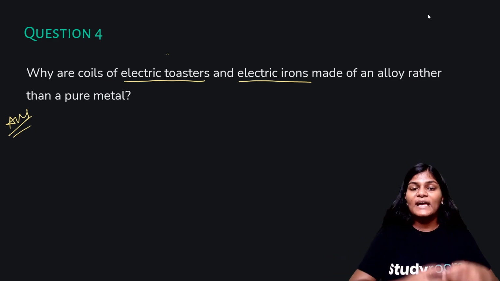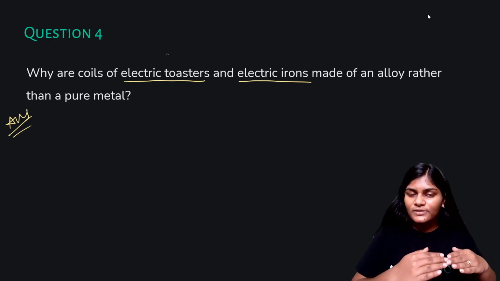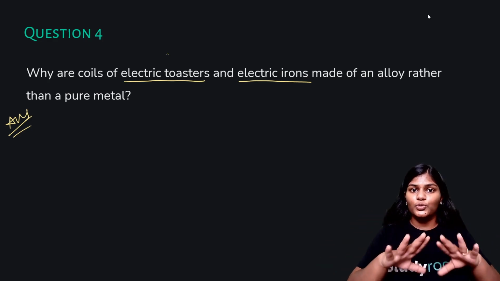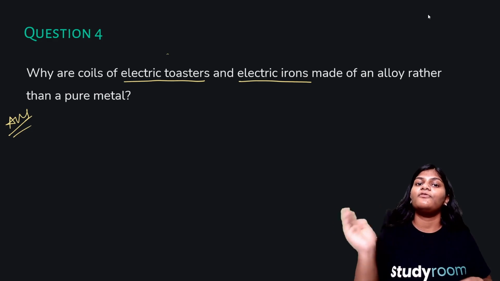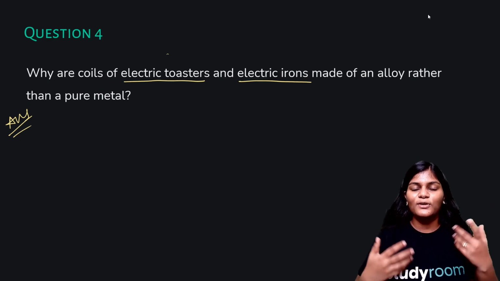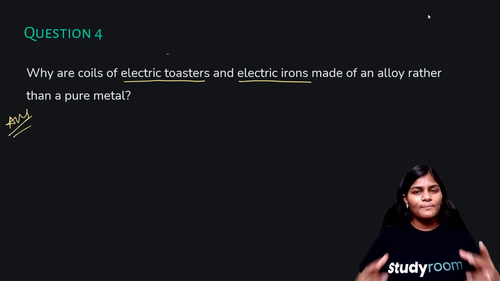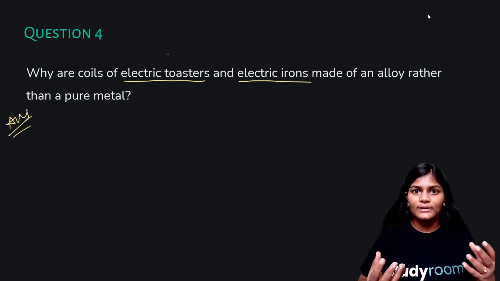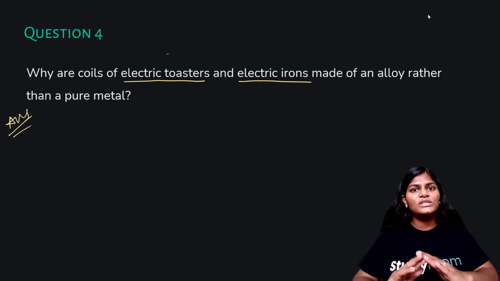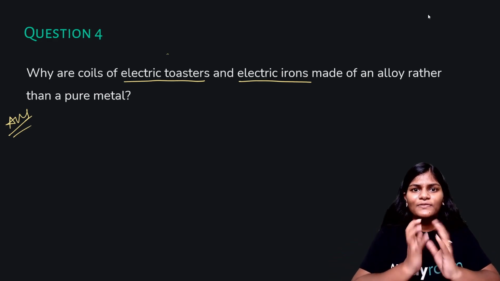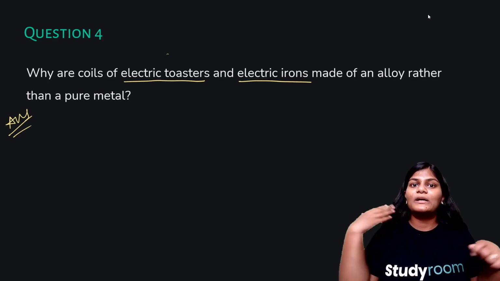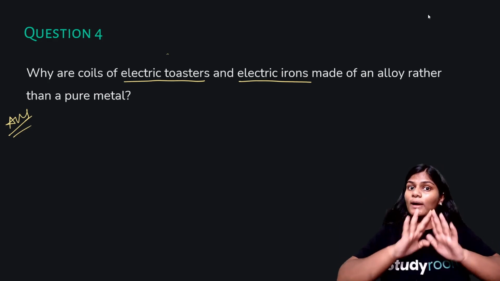So just think about it. When a material has very low resistivity, what does it mean? Low resistivity, so low resistance, so it does not stop the current flowing through it. It does not oppose the current, so it lets current flow easily. So there is no fight between the wire and current, so to say. You can think about it like that. But when there is some resistivity or some resistance in the material, what happens? The material is resisting the flow of the current. It is not letting current pass through so easily. So there is going to be some tension, or they're going to fight a little bit, right? The current is going to be like, I want to pass, I want to go through you. The resistor is going to be like, no, I'm going to resist you.